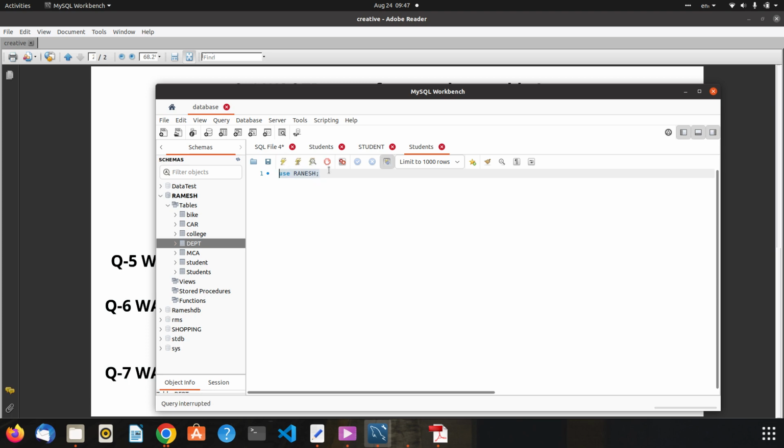Query completed. After that, select star from student. Okay guys, when we run this query, it shows all details of the student table.